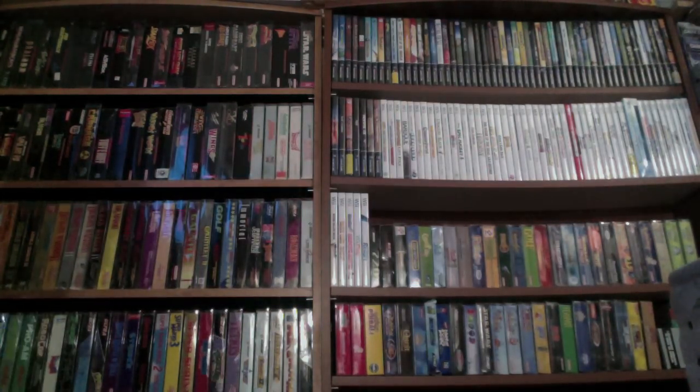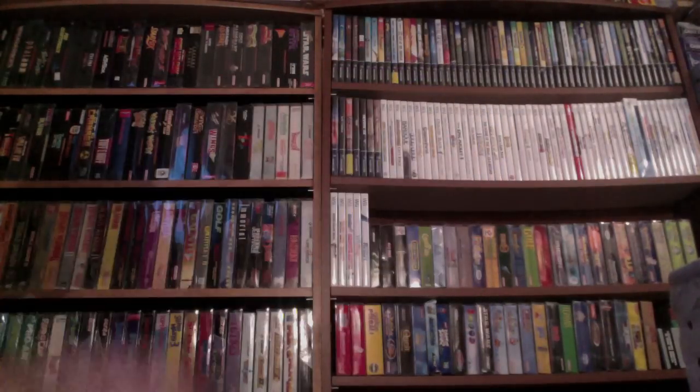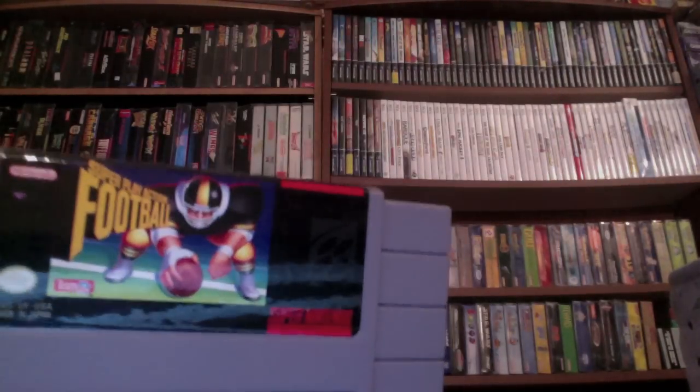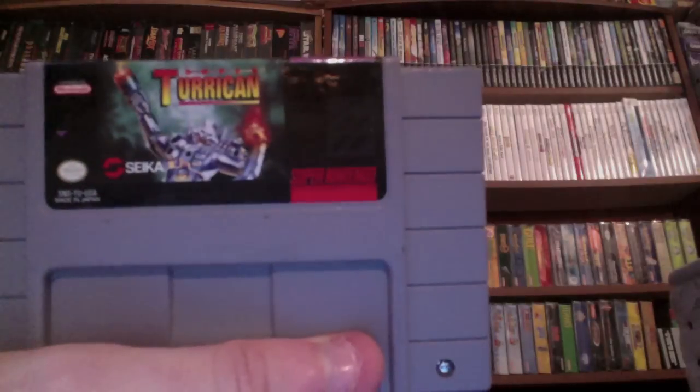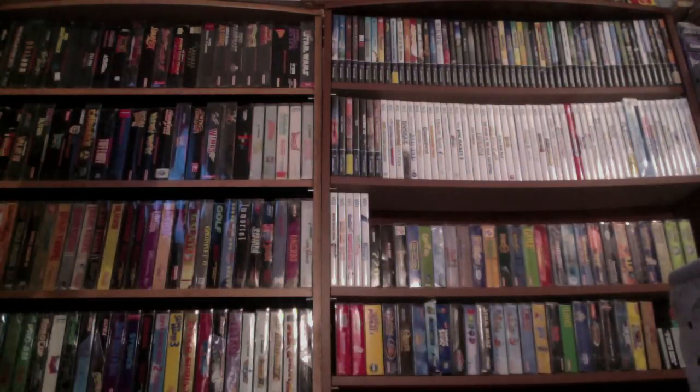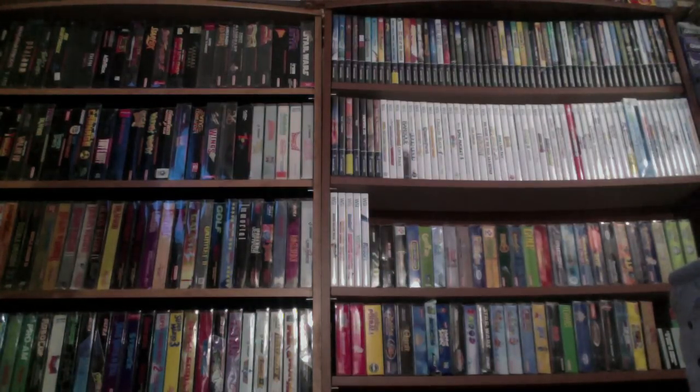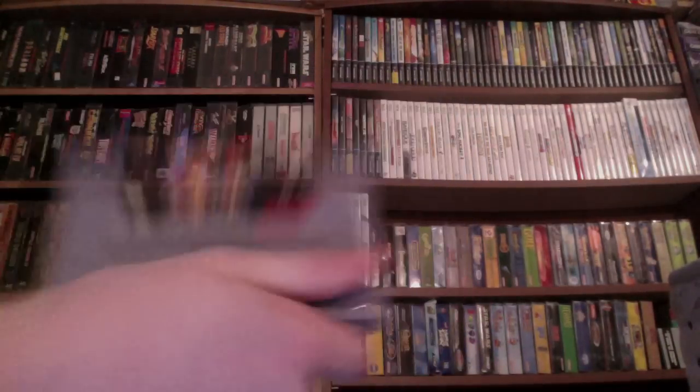I think we're about halfway through here. Super R-Type, Ninja Warriors, Super Play Action Football, Thunder Spirits, Super Turrican, Super Caesar's Palace, Super Ghouls and Ghosts, Warp Speed,